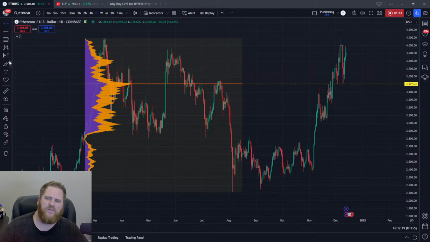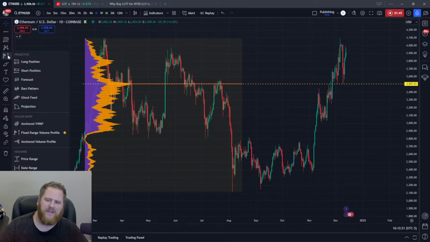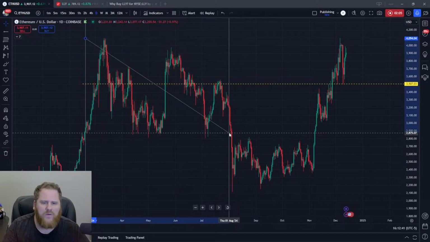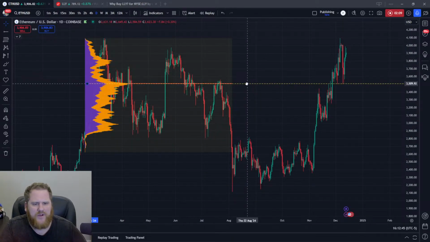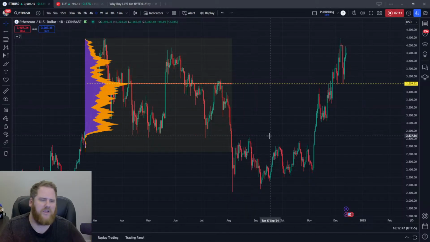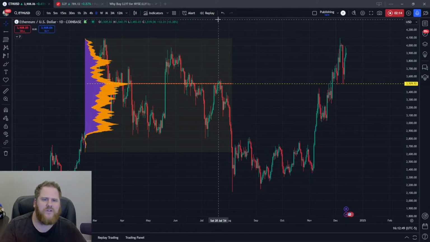But what this volume profile indicator does, and it's over here on the left-hand side of TradingView, I like to do the fixed range volume profile. There are indicators that you can add that add month and week and day and things like that, but I want to look at periods of price action, and I want to use that to do my volume profile analysis, because that's what I want to really analyze. Where was the most trading done in this particular time period? And then what I do is I kind of draw a line that extends out to the right, and I'm going to look for it to show some confluence.